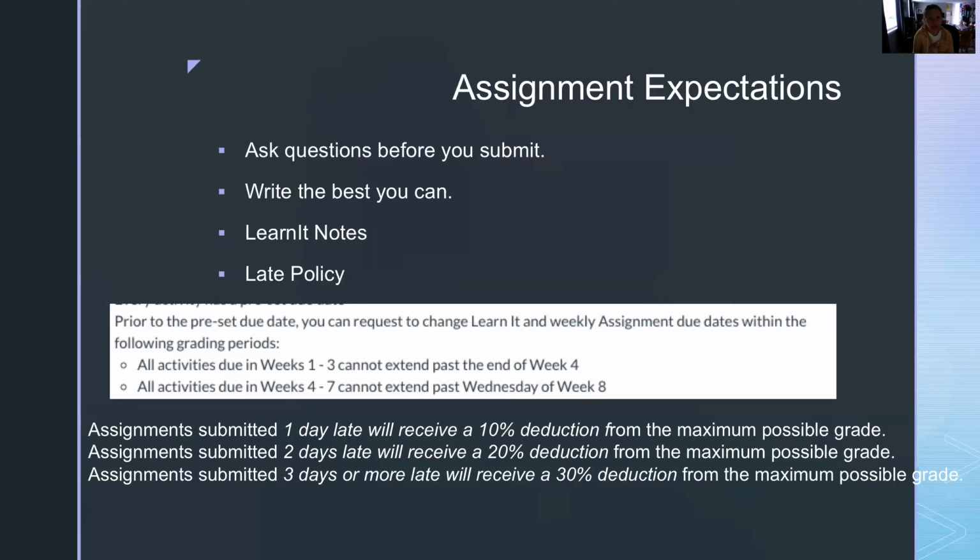If there's no note in there, you're going to force me to do math, and I'm going to have to apply the late policy. In the syllabus, it's up to 30% maximum of your grade, although I have changed that a little bit for this particular class, and I have that written in the announcements. It's 5 points for 1 day late, 10 points for 2 days late, and 15 points for 3 days late. But of course, you're watching this video and you know what to do to not have to do that. So just do it.